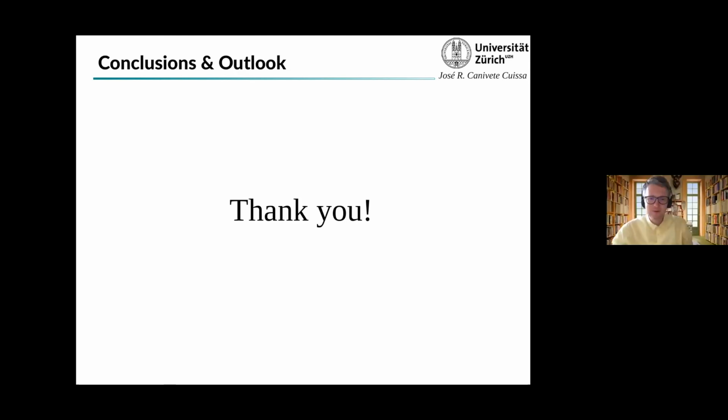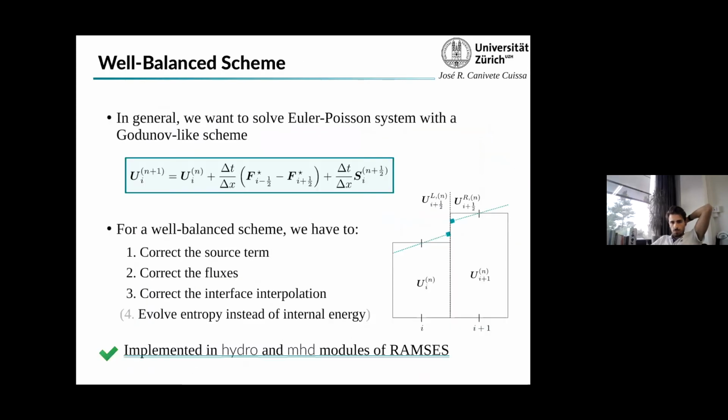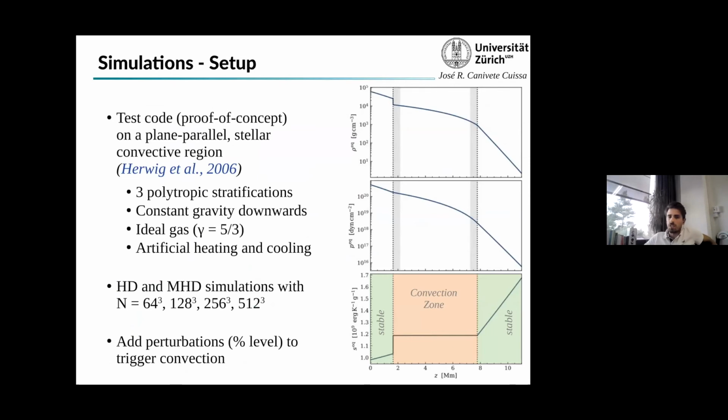Thank you for the nice talk. I am wondering, what's the role of radiation here? Is it okay to neglect radiation? I think so. Yeah, in the convection zone for sure it is negligible, I think. I don't know exactly the ratio between the convective flux and the radiative flux, but I think it's very small compared to the convective flux.